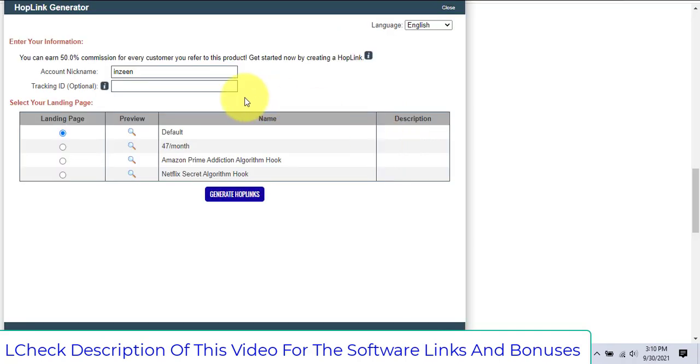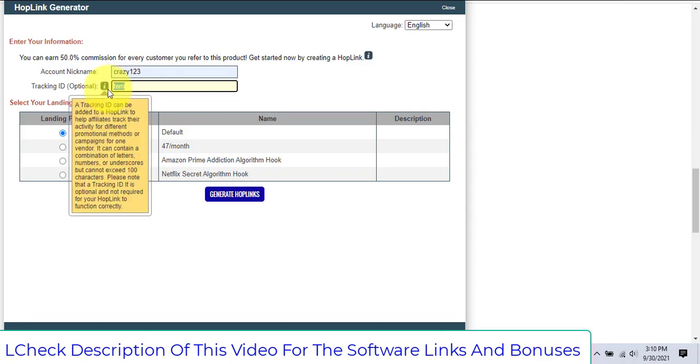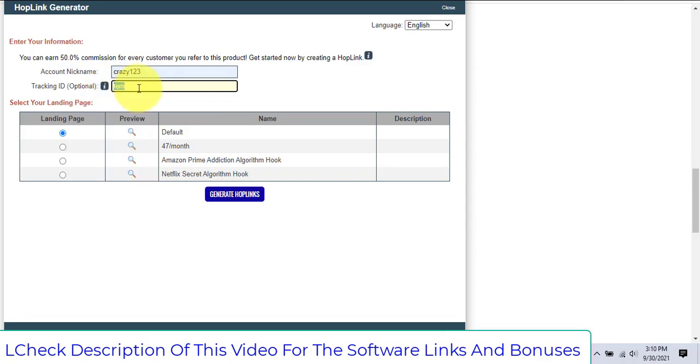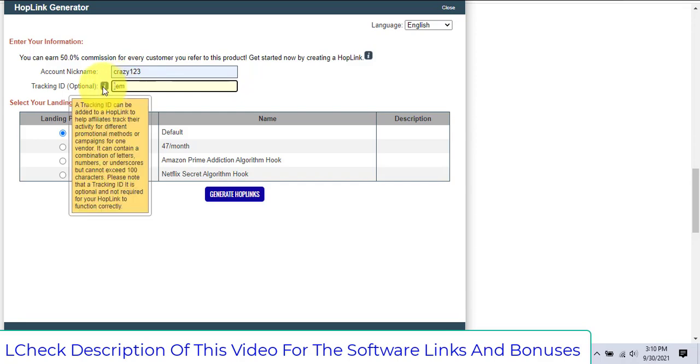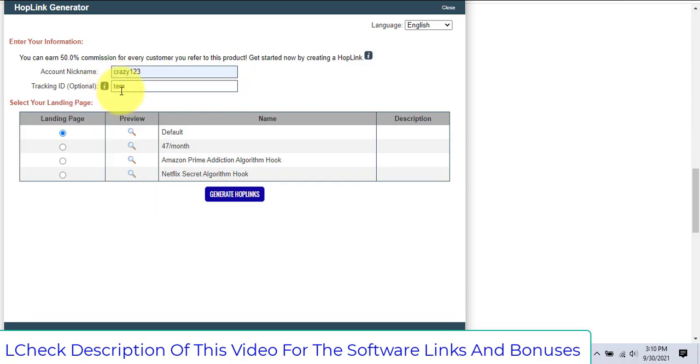In order to promote this offer, you just have to click the promote button and give your nickname. This is the nickname that you get when you create your ClickBank account. For the tracking ID, you can write anything. Let's say EM, where EM means email marketing, the traffic source, so that you can track your stats.